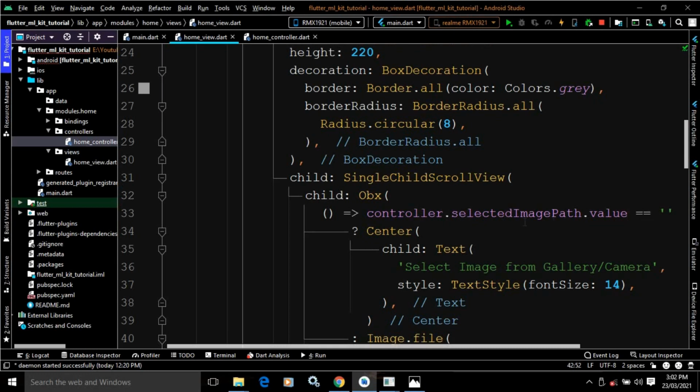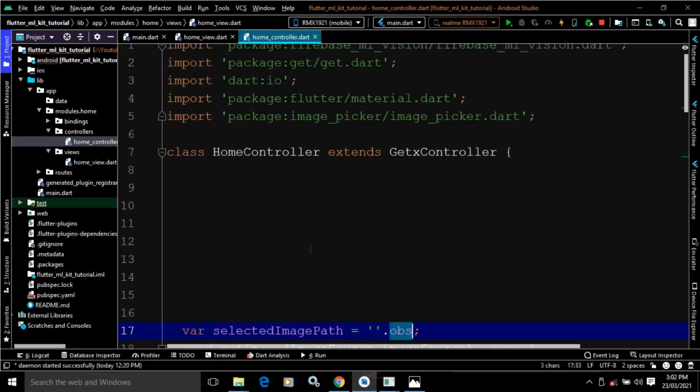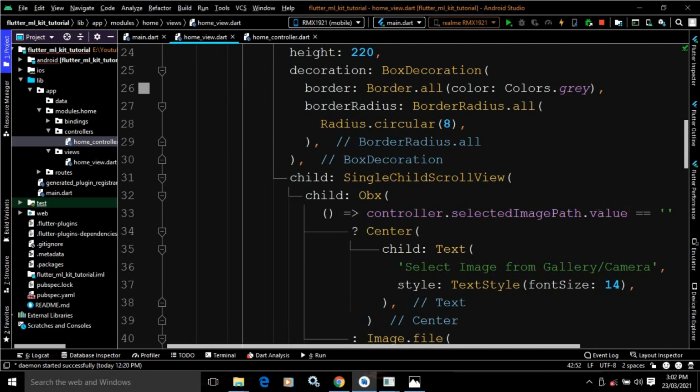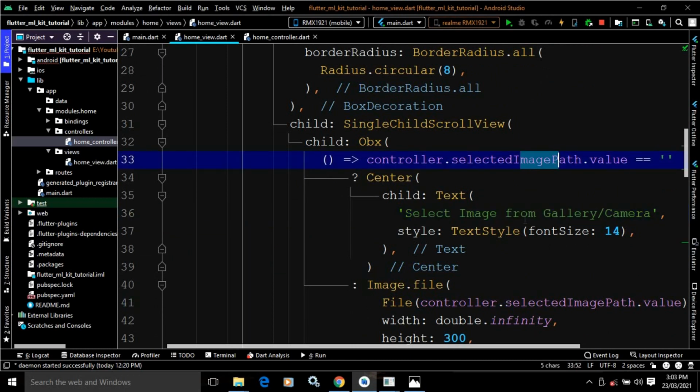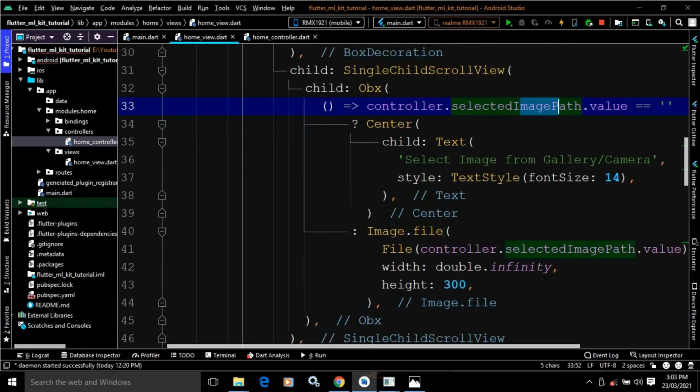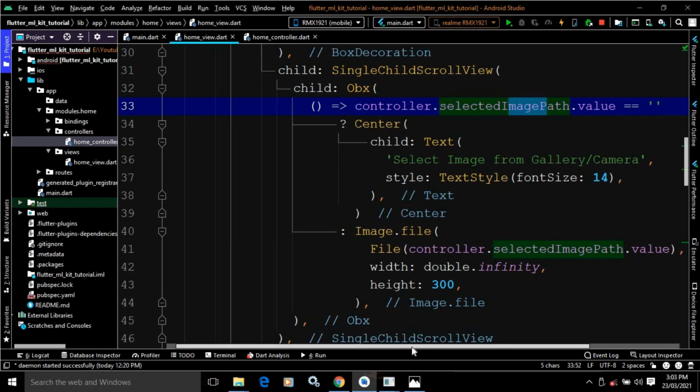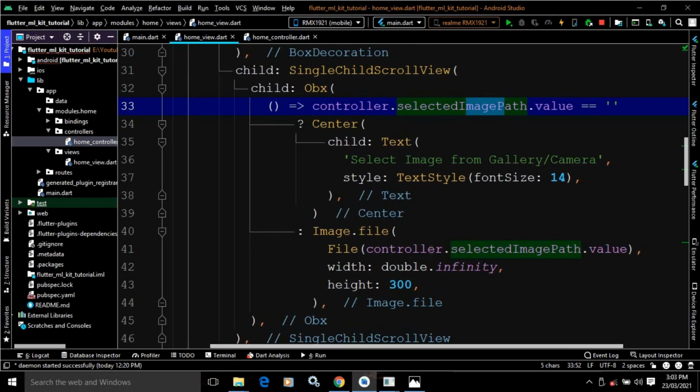In the Obx widget, here you can see I have checked if controller.selectedImagePath.value equals blank. Now this controller is nothing but the instance of the HomeController. And in the home controller, you can see I have created a variable named selectedImagePath, which is blank. So if the value of this variable is blank, then in the center, a Text widget will be displayed, having the text as select image from gallery or camera. Else if the value is not blank, then I have used Image.file and in the file I have specified controller.selectedImagePath.value.